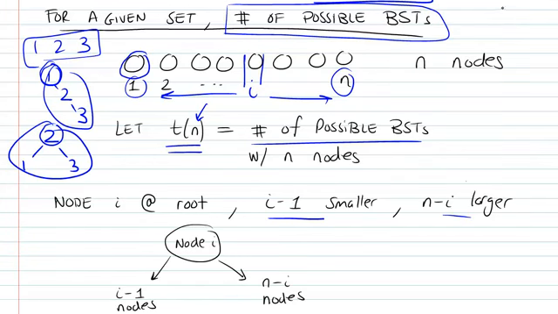So we left off in the previous video talking about the number of possible BST representations for a given set of elements. We said that if this was our set of elements, and we had ordered them, they have to be unique, of course, we can't have duplicate elements in a BST, and we had ordered them in ascending order, and we wanted to place them in a BST,